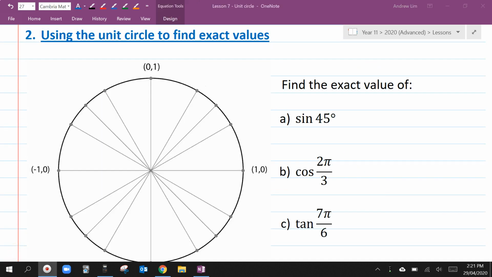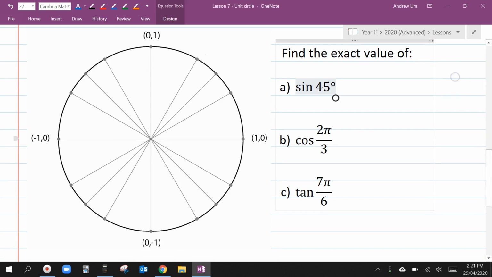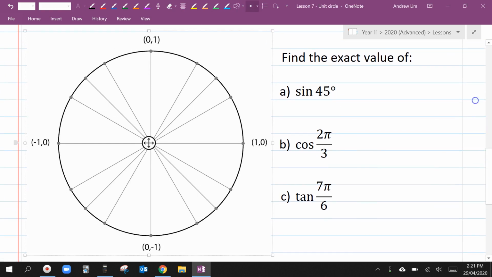Now we're going to have a look at the second part of this video, which is how to use the unit circle to find exact values. What I'm going to share with you, I really want you to memorize. I really want you to memorize how to construct this unit circle. Like I said, coordinates are very important. But before we start off with coordinates, let's have a look at the angles. So we know that this is 0 degrees. This is 30,